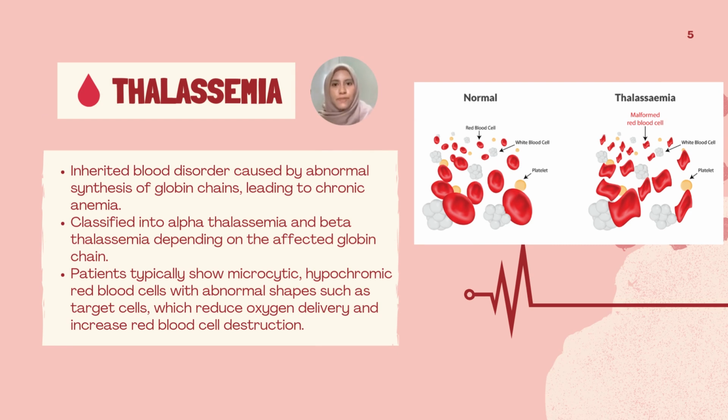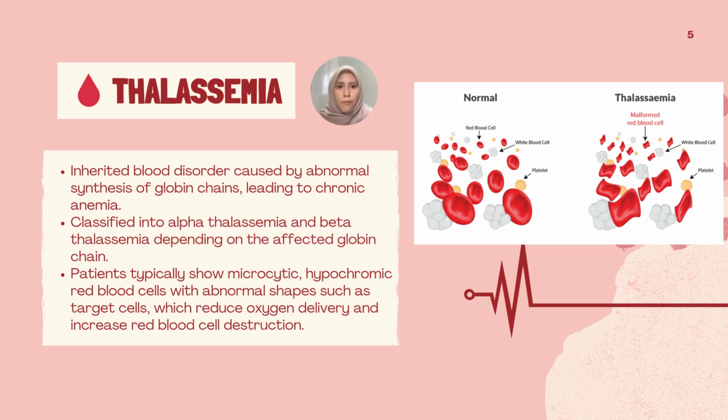Next is thalassemia. So thalassemia is an inherited blood disorder caused by abnormal synthesis of globin chains, leading to chronic anemia. It is classified into alpha thalassemia and beta thalassemia depending on which globin chain is affected. This imbalance results in unstable hemoglobin and ineffective red blood cell production. Patients typically show